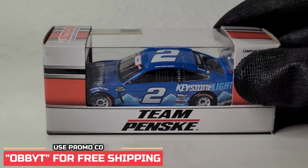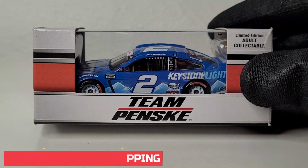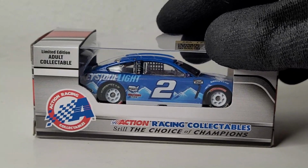Today is on Brad Keselowski's. No, he did not win this race, but it is the return of the Blue Deuce. Well, sort of. Brad Keselowski's 2021 KeyStone Light Ford Mustang for Team Penske. Beautiful diecast. As you can see right here, this car does come with a base because it is an alcohol